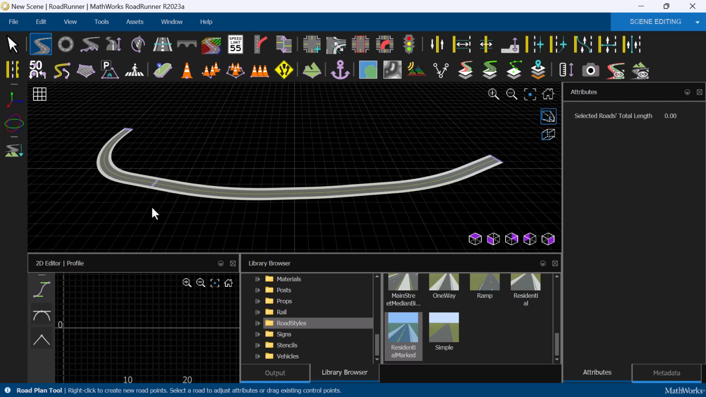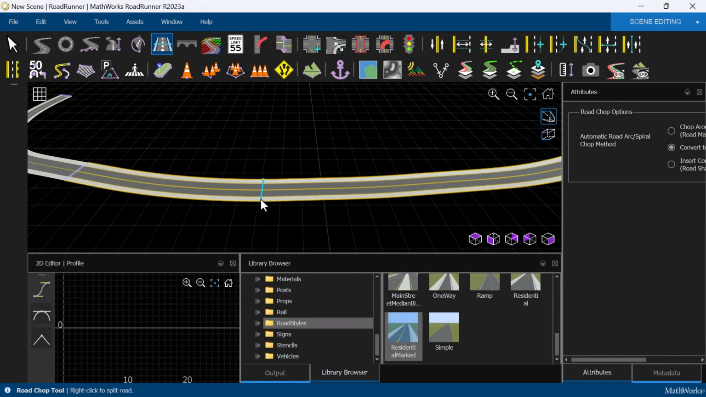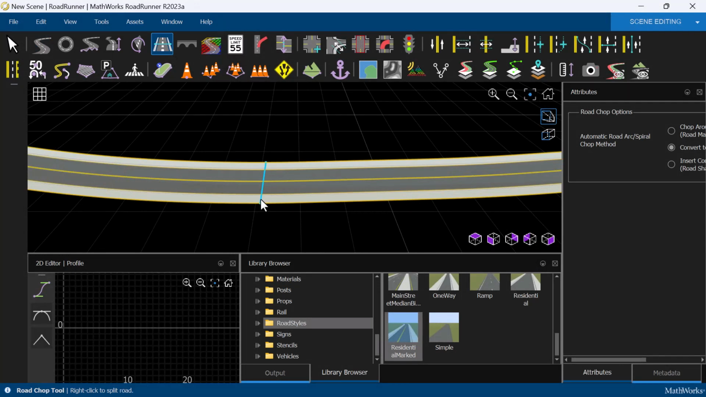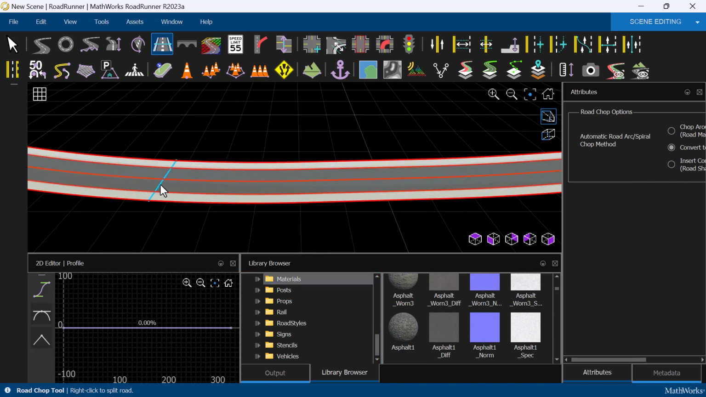Next, let's talk about road segments. We can use the Road Chop tool to divide a road into a number of segments. This allows us to customize the properties of individual segments. Click on the road to chop, then right-click at the locations that we want to chop to divide the road